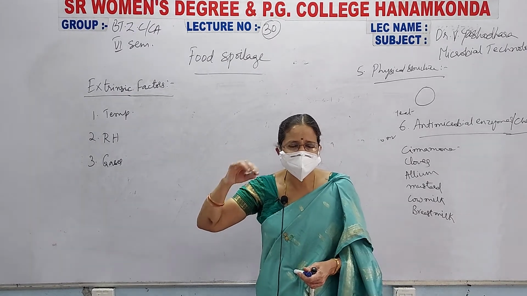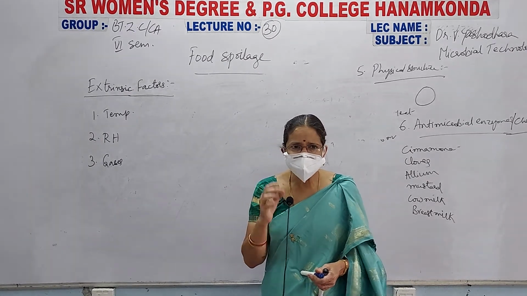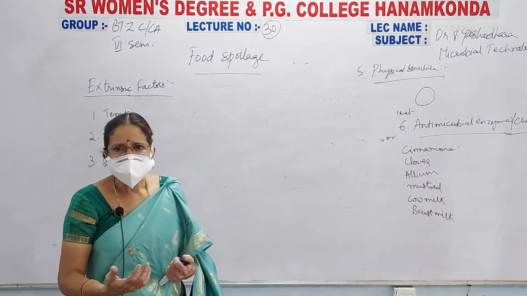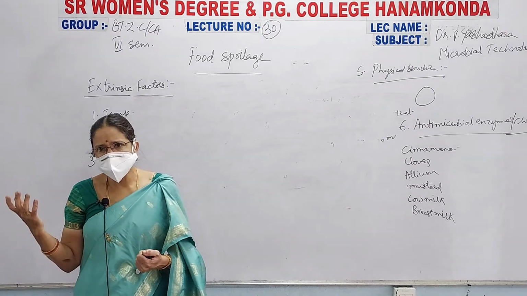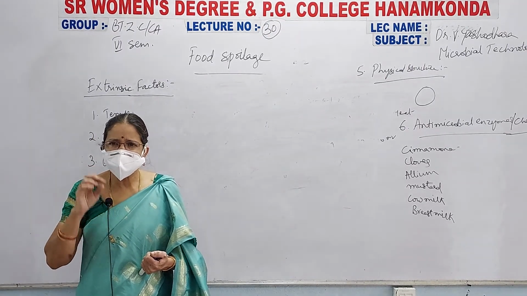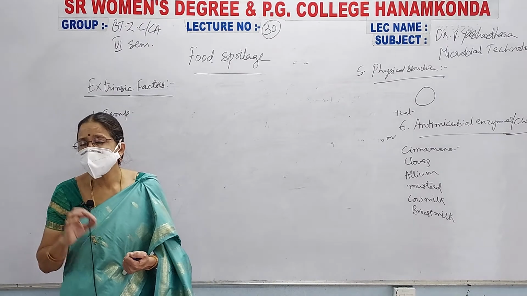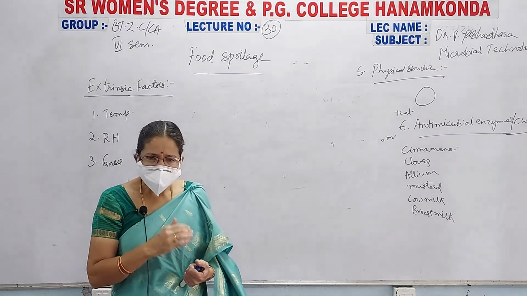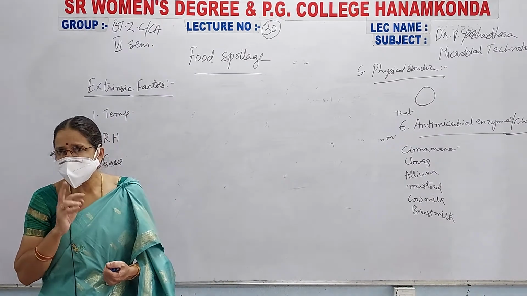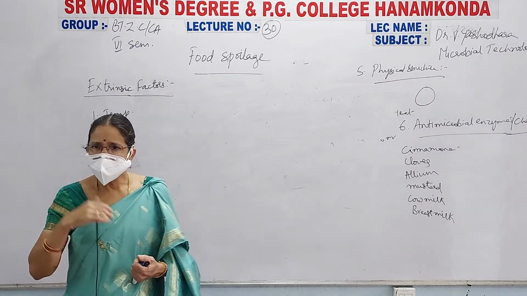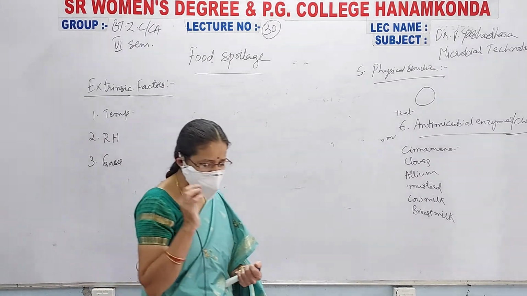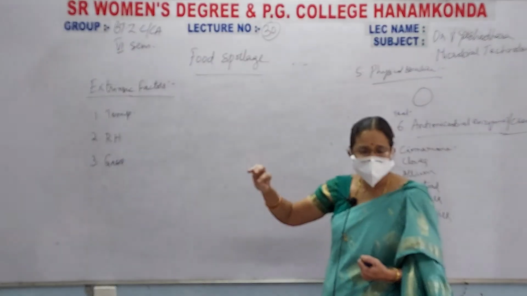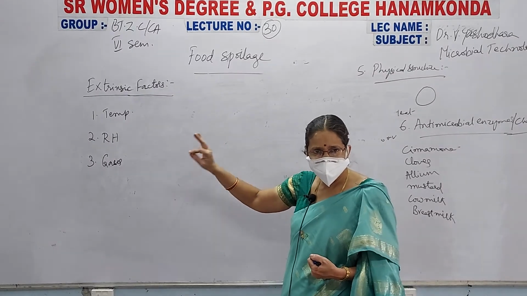If it is high summer, when you set the milk to curd and keep it outside for many hours, then the curd will become very, very sour. Because of the microorganisms which are present in the environment, when the temperature increases, anaerobic bacteria will grow. Most of the anaerobic bacteria which are present will start growing in the anaerobic conditions. These microorganisms, like Clostridium, will damage the food, spoil the food.